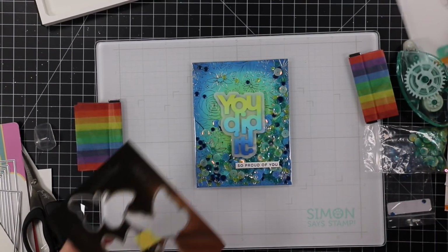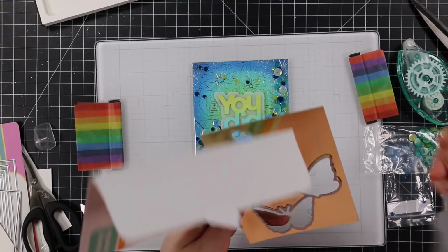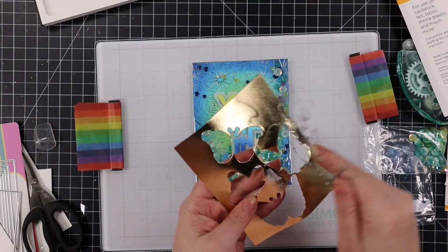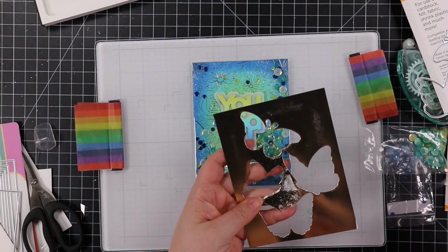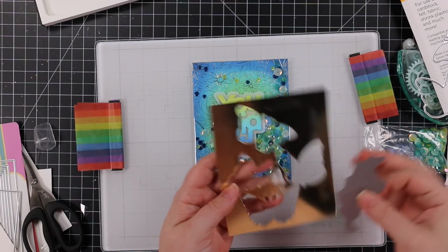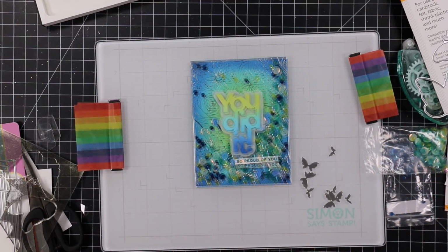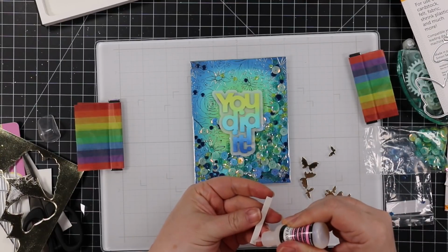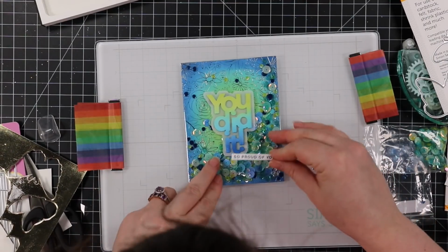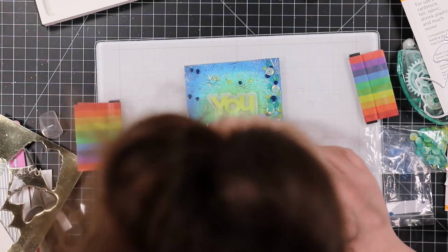And then this is what I talked about. I have this piece of cardstock that I had foiled with one of the new butterfly hot foil plates from Simon. I'll use those in a future video, but I'd used the leftover with the solid hot foil plate and got solid butterflies, and I didn't want to waste all those bits of cardstock because it's all shiny and pretty. So I took that and I die cut it with one of my old go-to favorites, the